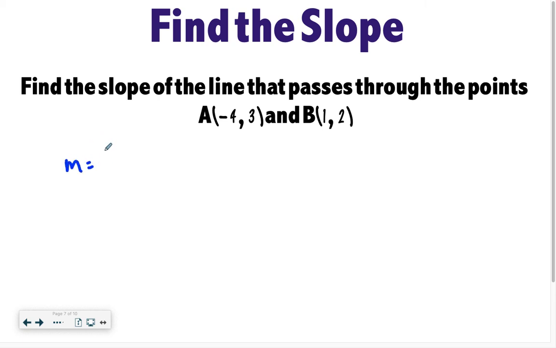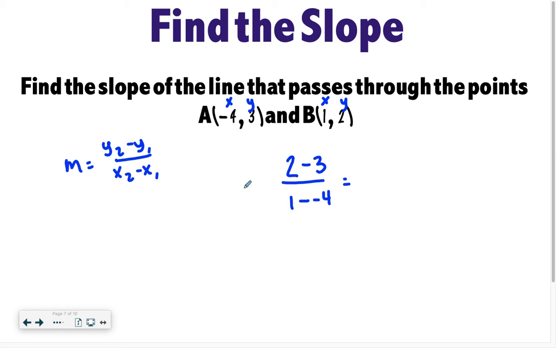I'm just going to subtract my y's on top, and I'm going to subtract the x's on bottom. Sometimes students find it helpful if they go through and quickly label x, y in each one, and then they just pick whatever order they want. So I started with this point, so I did 2 minus 3, so then I'll do 1 minus a -4